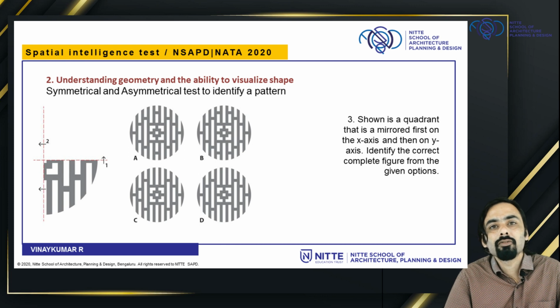Observe the given pattern in detail. When you observe carefully, A and B get ruled out. Left between 2 choices, observe deeply. C and D. Here C seems to be a little asymmetrical. So C is also ruled out. The remaining option is D. So the answer is D. My colleague Rakesh Kallur will speak on the next topic.